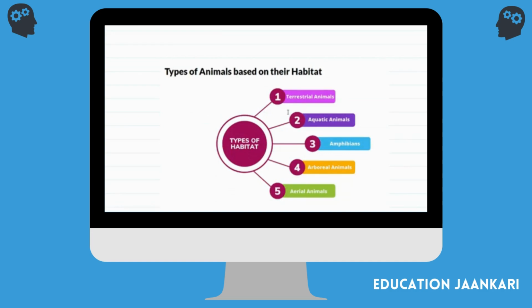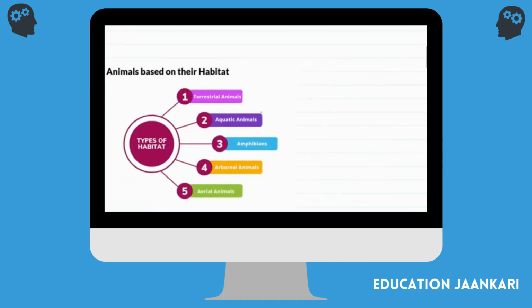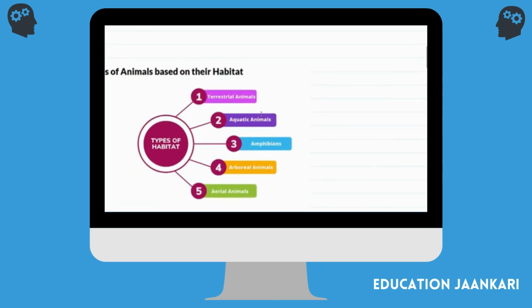Because they hunt for food. No, that's not the definition. Because they kill other animals to get their food. No. Shall I tell you? Yes. Ma'am, but my science teacher told it. Okay, no problem. See, you are telling what they hunt on. They hunt animals and they eat. My question was, what are the terrestrial animals? Animals which live on land. Ma'am, I accidentally misheard your question. Oh, okay, no issues.